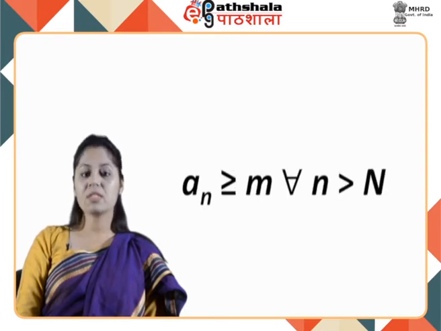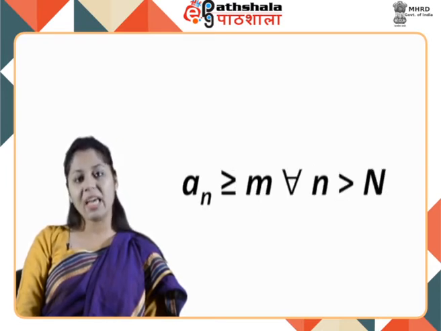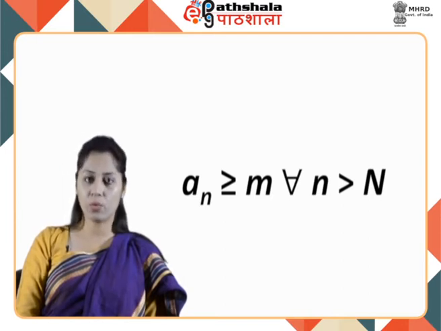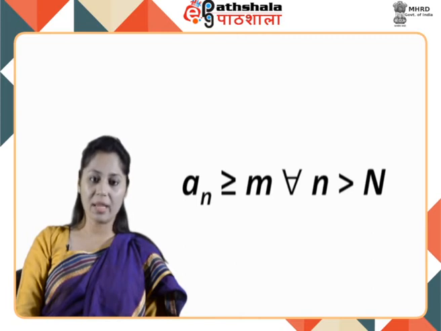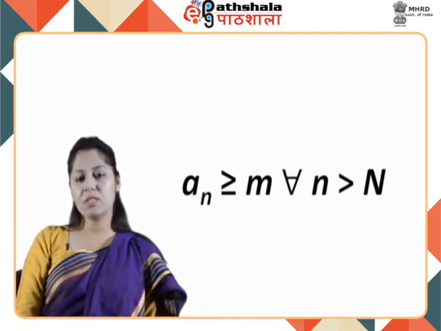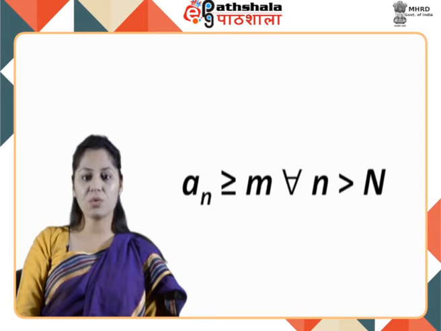Likewise, if for some real small m, a_n is greater than or equal to small m for all n greater than some N, then the sequence is bounded from below, and any such small m is called a lower bound of the sequence. If a sequence is both bounded from above and bounded from below, then the sequence is said to be bounded. In economics, this type of sequence is generally used to depict business cycles, that is, the periods